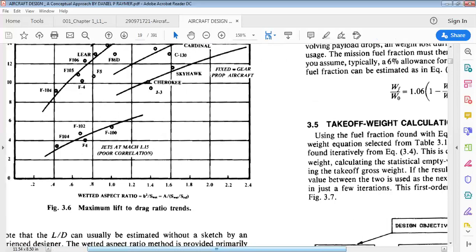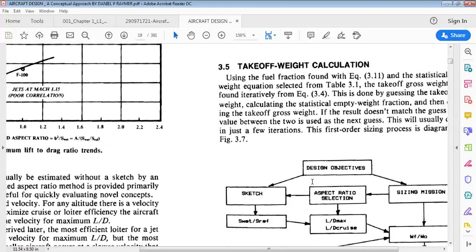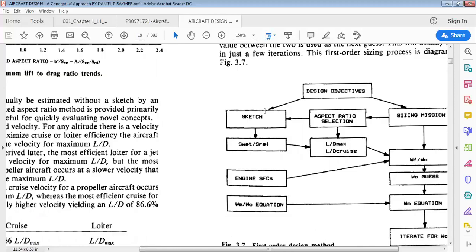And also we can see takeoff weight, and we can look here at the takeoff weight calculations, how we are going to do the calculations. You can see that W by W naught. Once you find this value, right? So we are going to substitute this, and we'll discuss it with an example. You will understand how we are going to take it up. Please note these formulas, just understanding the basics, because they're very important. We use them each and every time when you start your calculations for aircraft design. Clear? And for takeoff, we can see here the design objectives, sketch, S wet to S reference, and engine specific fuel consumption, and also the W by W naught equation and iteration for W naught. So this is the process of how we are going to do it.